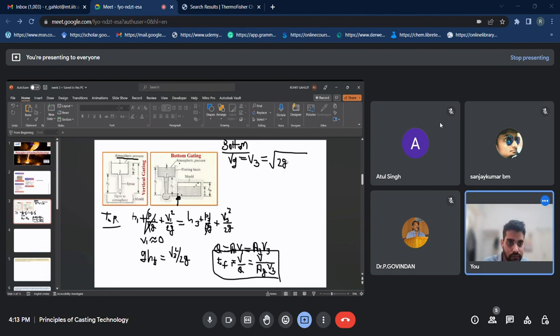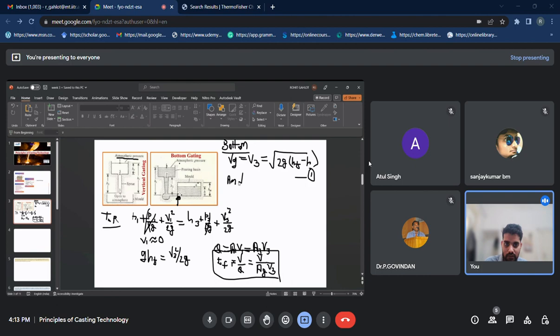Generally, for the bottom gating system, we need to apply the Bernoulli equation between point 1 and 3, and then point 3 and point 4. So we will get this as ht minus s. This will be the first equation we will get, and then we will assume that the molten melt is entering into the mold,